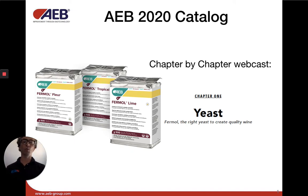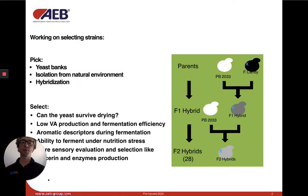The chapter about wine yeast. All of the yeast presented in this catalog are unique to AEB. They come from different situations. They can be from yeast banks, so institutions like universities where we gain access to their collection and commercialize some of the strains. Isolation from natural environments where our technicians, in collaboration with wineries, select certain yeast and propagate them